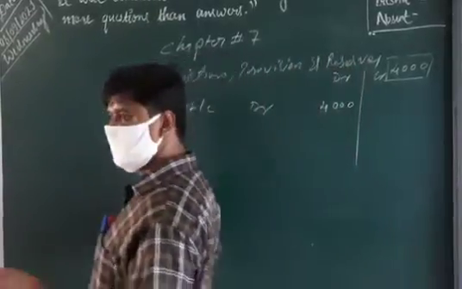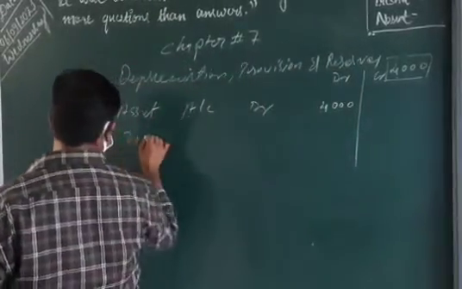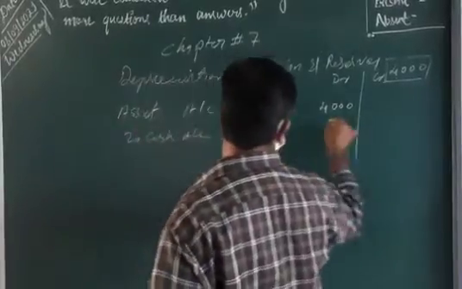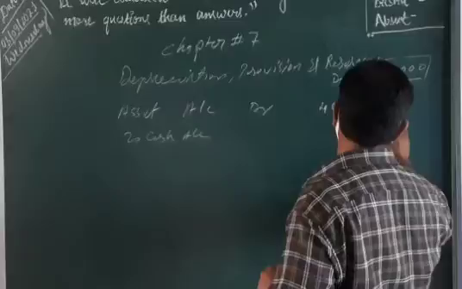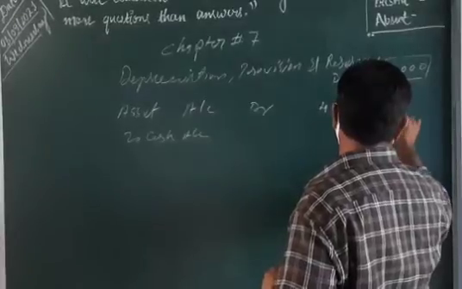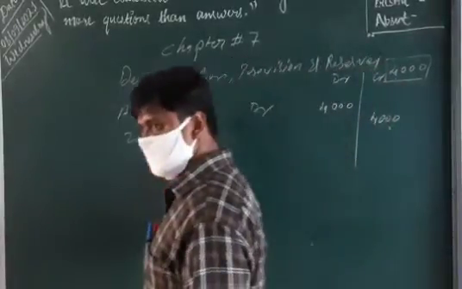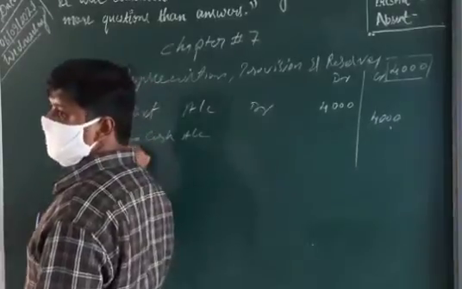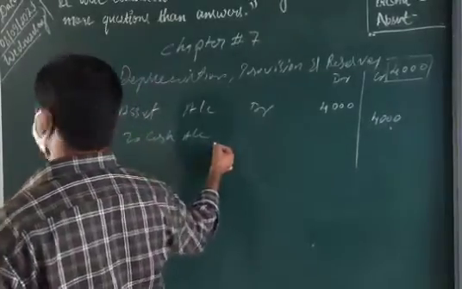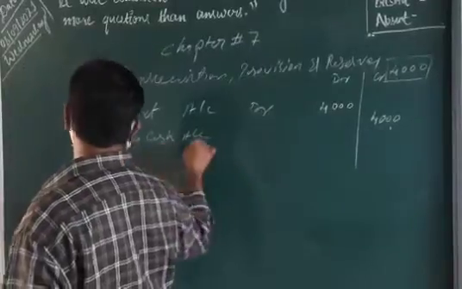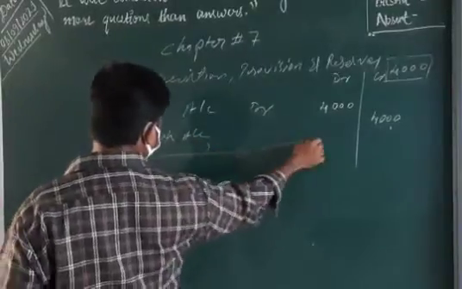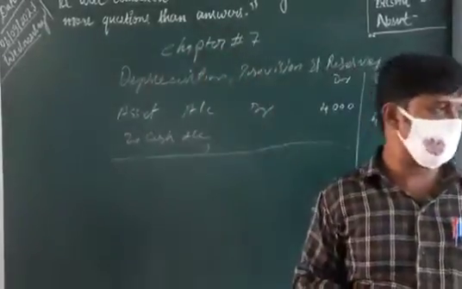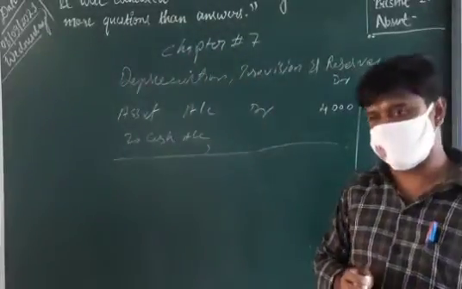Next, we are paying cash at the same time. This amount of 4,000 goes in the credit column. As narration we write: purchased bicycle at the business price. When we purchase, we will make this entry in our books of account.